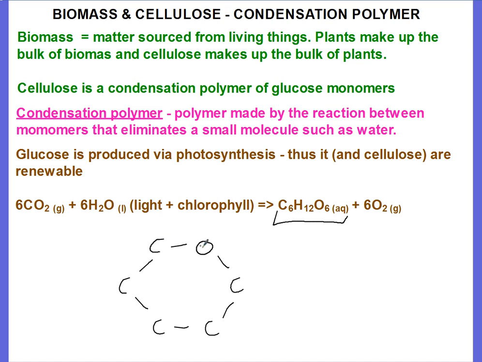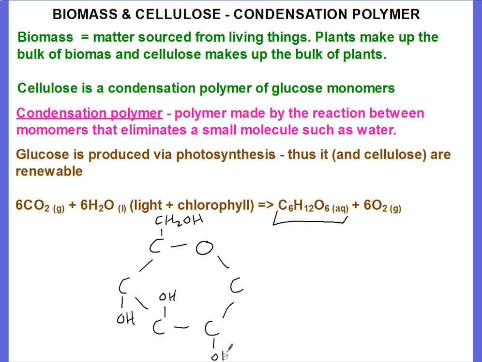Now this top left, we've done the top right as oxygen, the top left is not going to miss out. It's got a special group here. It's going to be a CH2OH group sticking off the top of that carbon there. Now every carbon around the chain is going to have something else sticking off. This one was sticking upwards, the next one must be sticking downwards. It's going to be a hydroxyl group. So that first carbon gets something special, the rest all get the same. It's all hydroxyl groups. One up, one down, one up, one down.